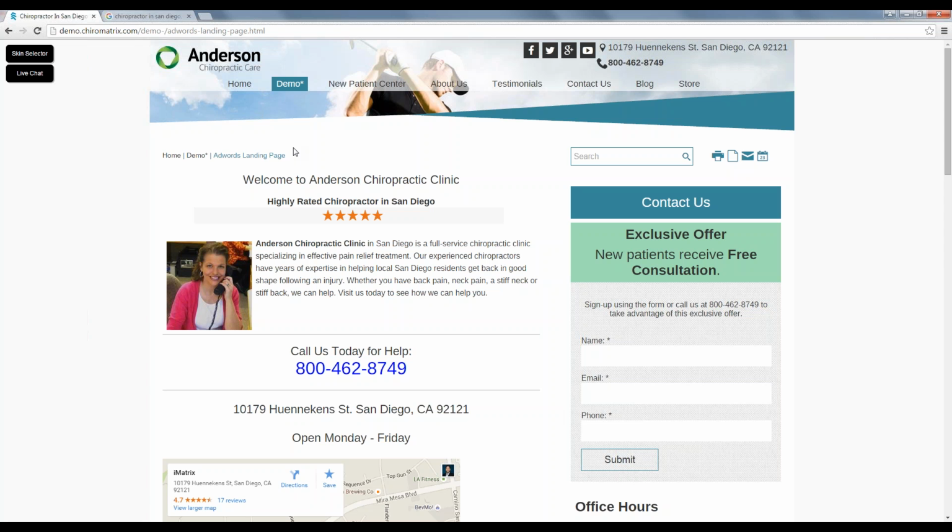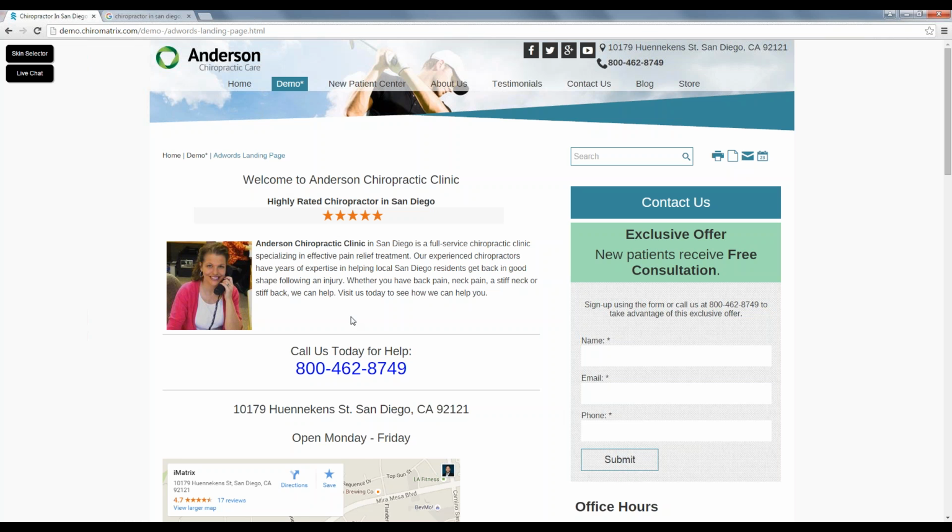Again, the most important thing that you can do is to make sure that your content matches the ad. So each pay-per-click ad should have its own related landing page. If someone clicks on your ad and it's about a free consultation, you want that to be the focal point of the landing page. You also really just have 7 seconds to capture someone's attention, so we want to make sure that we have